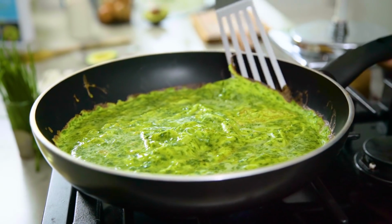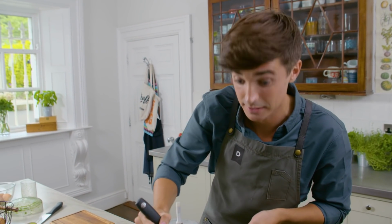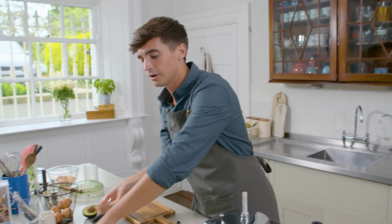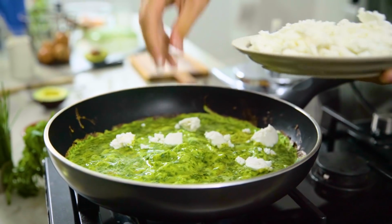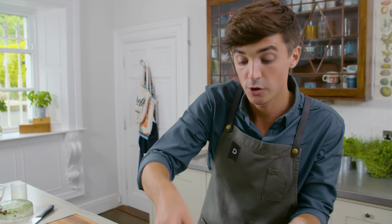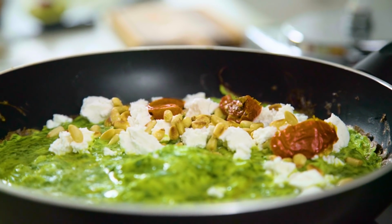So I'm just going to check around the sides to see how our omelette is doing, and it's coming together quite nicely. You can see that it's getting a bit of color and it's setting up quite nice. So at this point, while it's still cooking out, I'm going to go in there with some of that goat's cheese. You can use any cheese you like here, but I love the flavor of goat's cheese in with all that wonderful herb action. So I'm only putting the goat's cheese on one side here because I'm going to fold this omelette over. Some pine nuts, some lovely sun-dried tomatoes, and with the goat's cheese and all those lovely herbs,